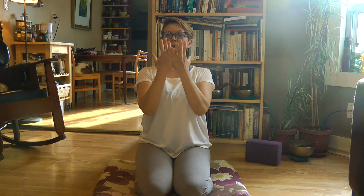But again, trying to minimize that movement as much as possible through the shoulders, so that you first start out by turning your palms to face away from you. So it's just your index fingers and thumbs touching. And then you're going to bring the backs of the hands together, letting the fingers point away from you, then in towards you, and then up again, and then turn and bring the palms together. So open the palms away from you, let the backs of the hands touch as the fingers point away, down,